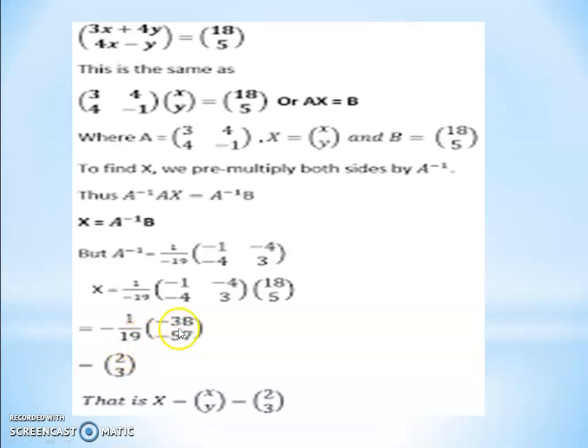We have to divide minus 18 and minus 38. So 19 2s are minus 38, so minus minus get cancelled. We derive the answer is 2. 19 and 57 is also divided, 19 3s are 57. That's why we derive the final answer is 2 and 3. So x is equal to 2 and y is equal to 3.